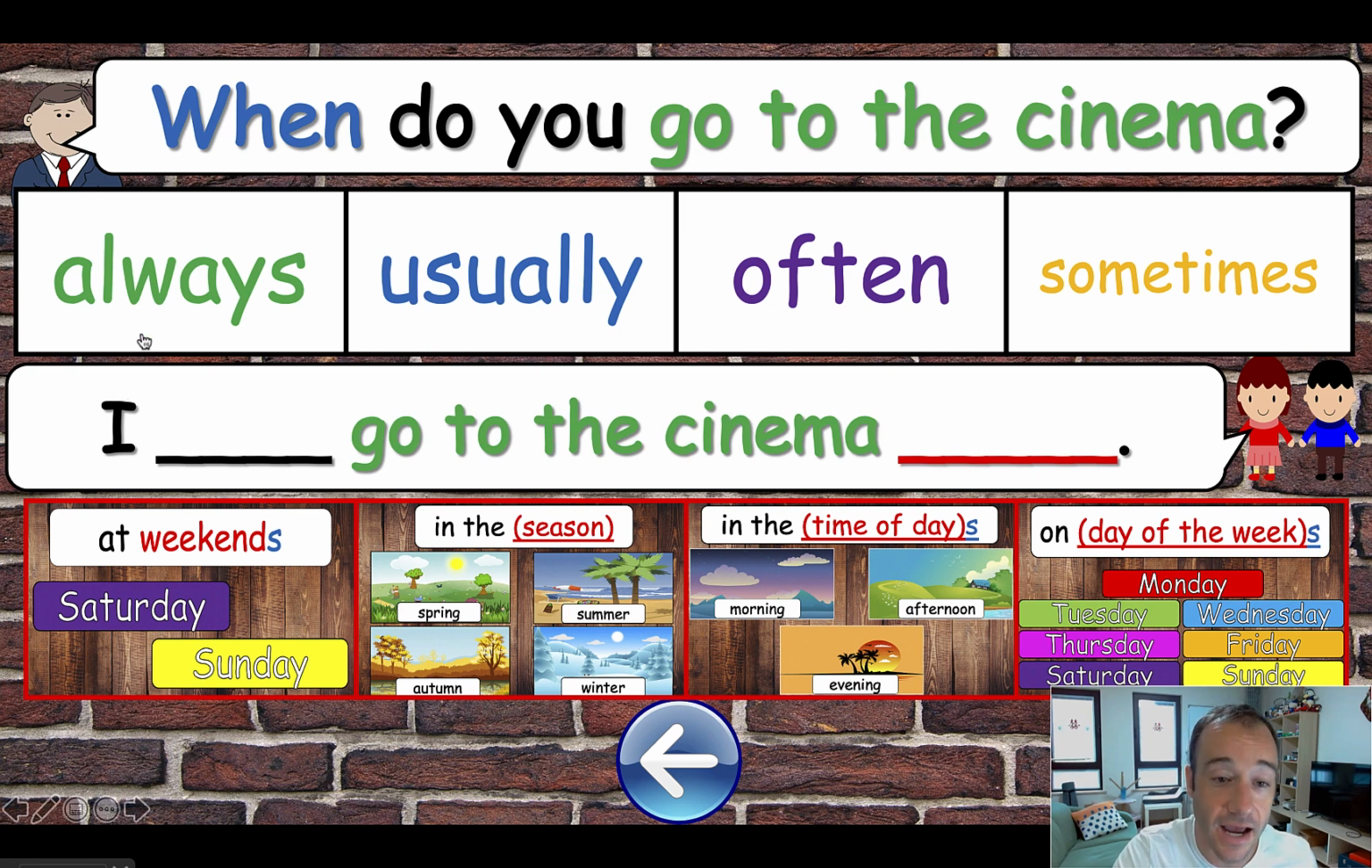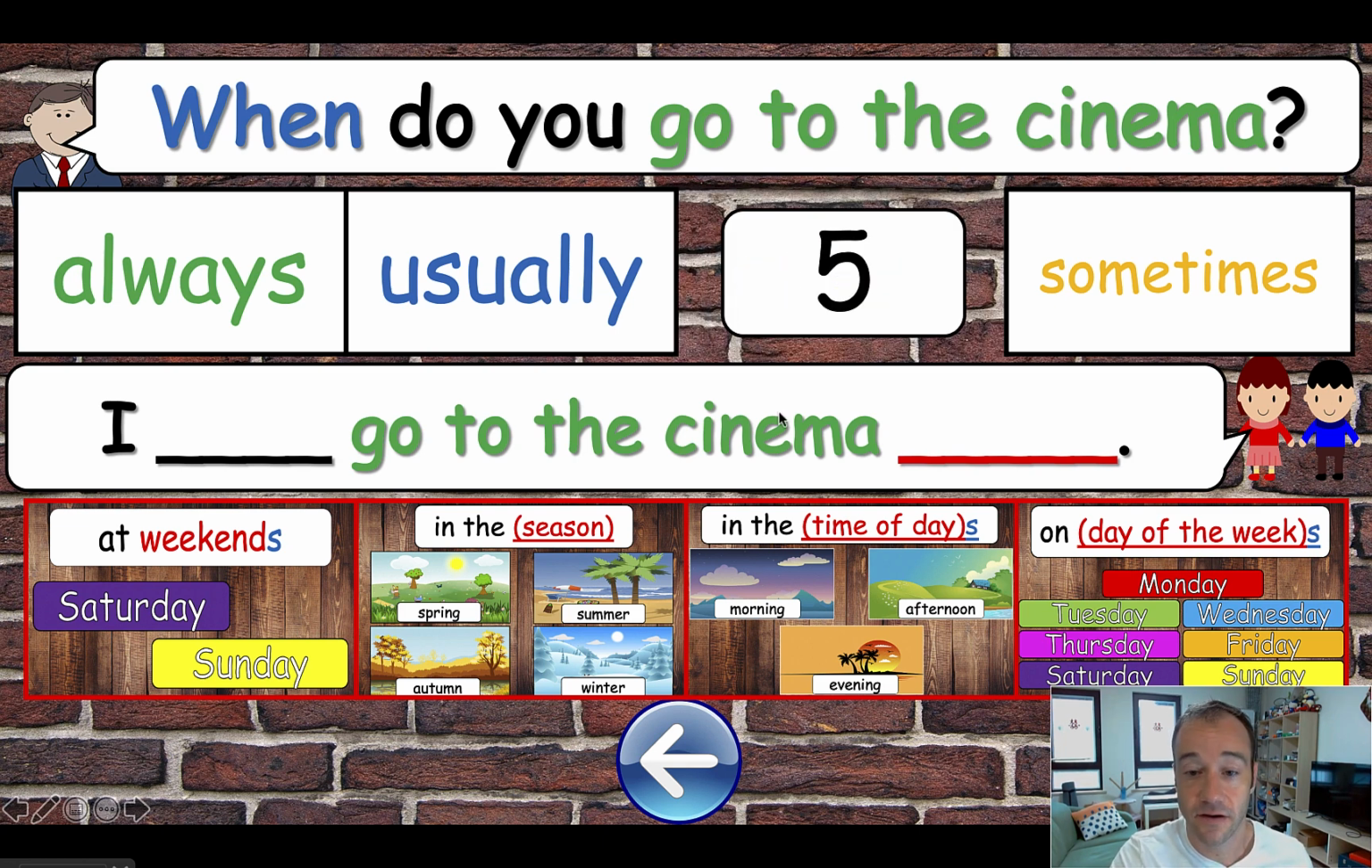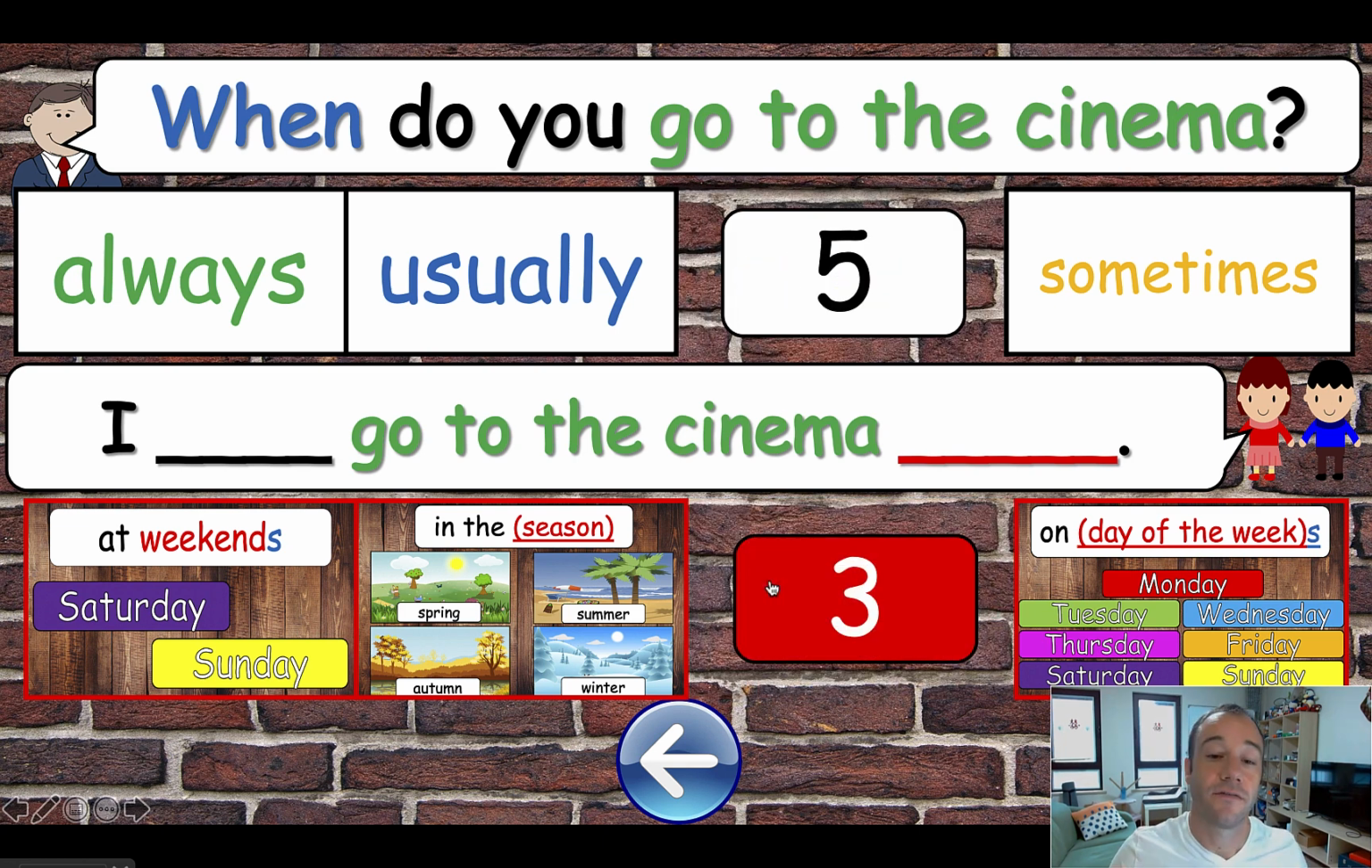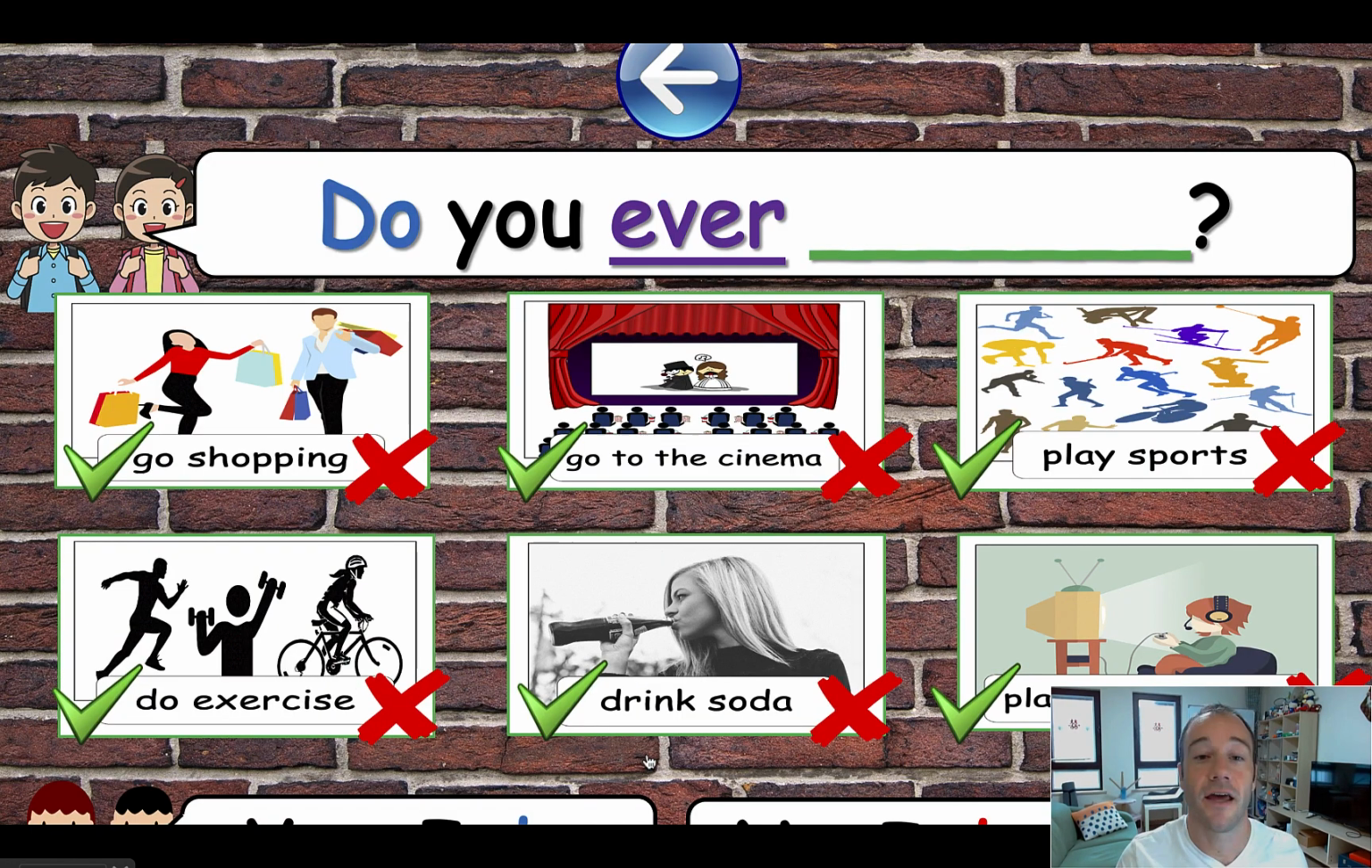And they can say, I always go to the cinema in the spring, or I always go to the cinema on Tuesdays, or I usually go to the cinema at weekends. They can say what they want. This one is in black, it goes with the black one. This is red, it goes with the red one. Okay, so let's say they say, I often go to the cinema in the evenings. So often in the evenings, 5 plus 3 is 8 points,